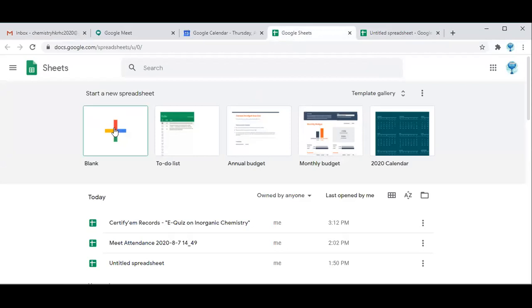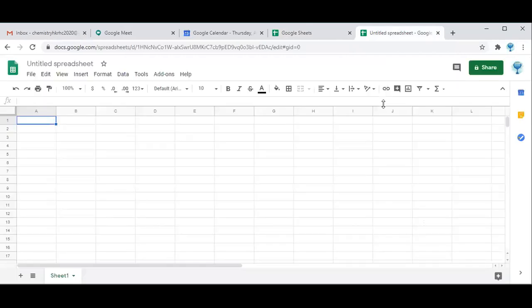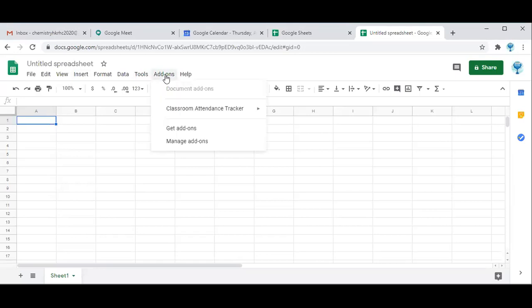So when you click on this plus symbol, automatically a new spreadsheet will be open in a new tab. In this, go to Add-ons in the menu bar. Click on Add-ons. You will be getting two options: Get Add-ons and Manage Add-ons. Click on Get Add-ons.